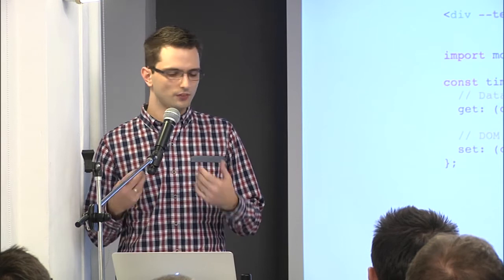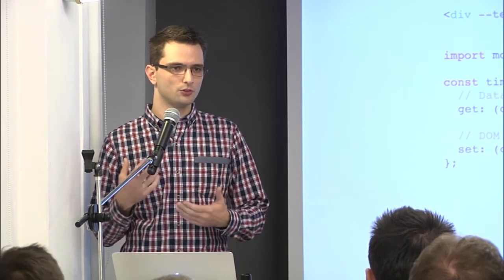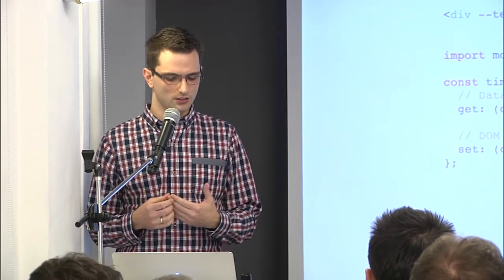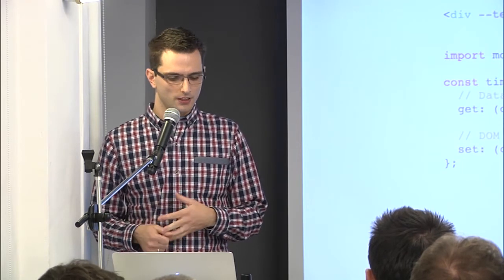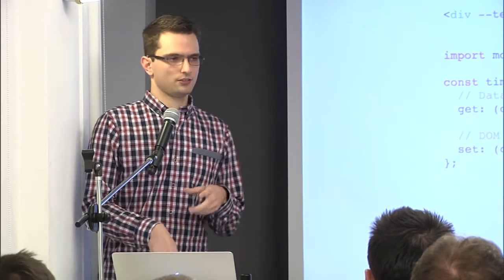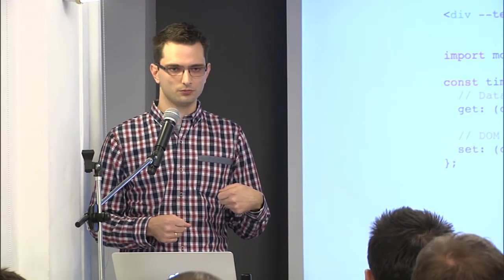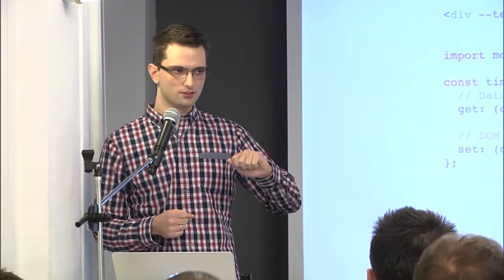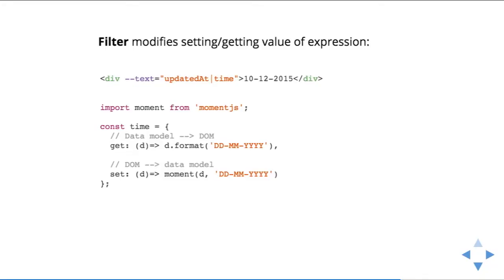I want to use the moment library. It's a very good library for working with dates. So I wanted to use that. So I created this filter, and when the DOM sets the value to the data model, and this happens only once, a moment object is created. So in my state,